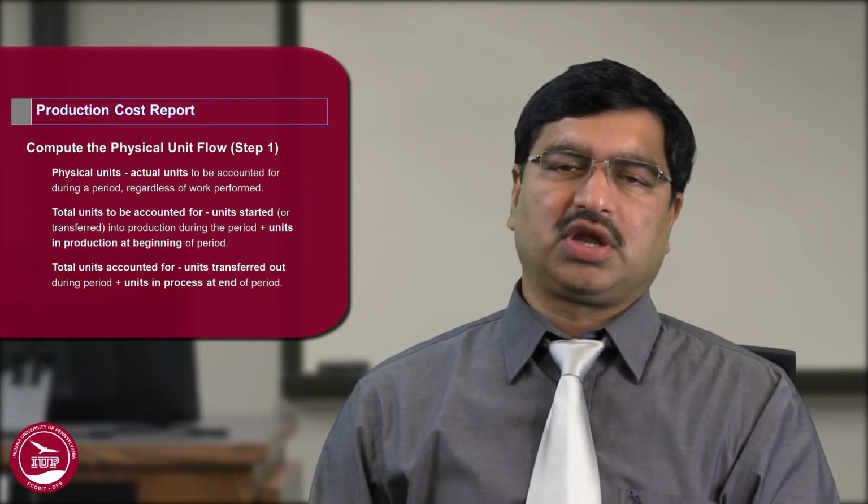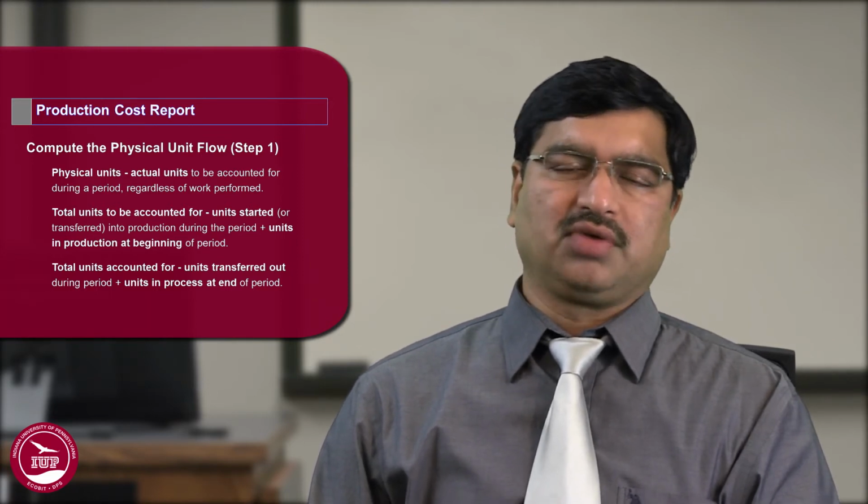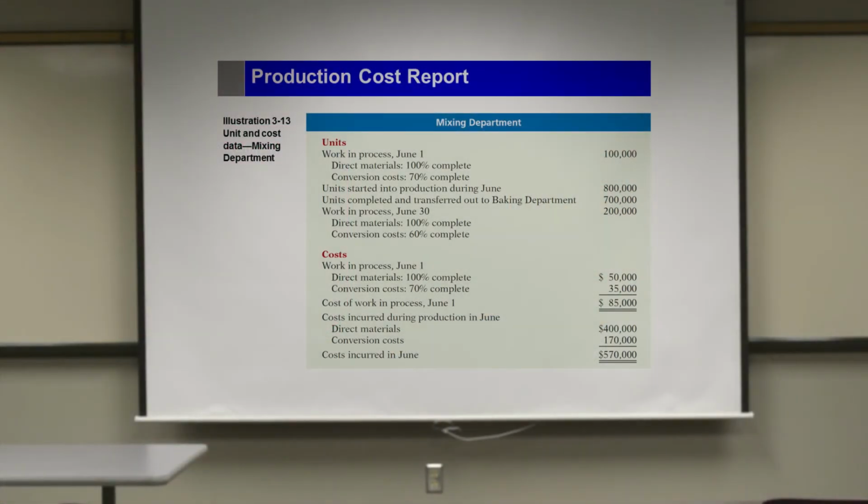Those are the actual units that you need to account for, regardless of the work performed during that period. So what are the units that you account for? That is generally beginning inventory plus units that are started during the production. So beginning inventory plus units started in production during the period, or transferred in from the previous process. So your beginning inventory plus transferred in is the total units you have to account for. Here is some basic data